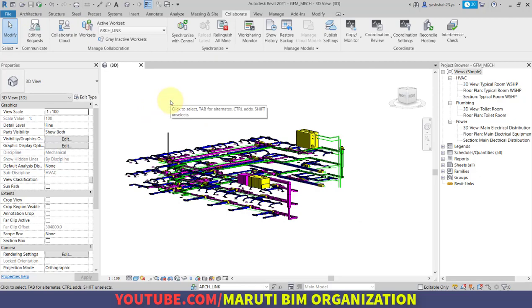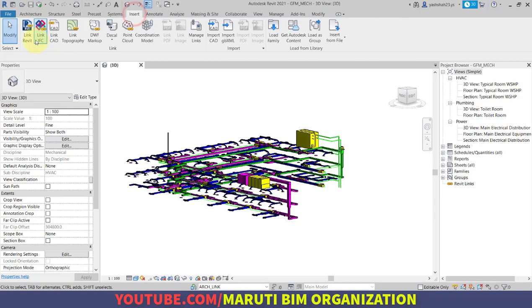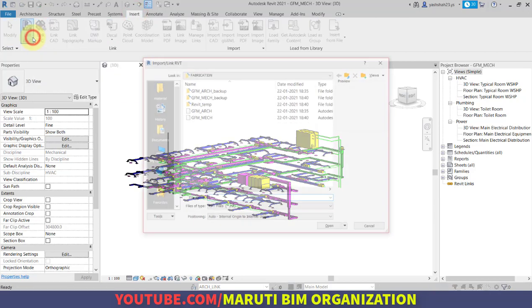So we have created and set up the worksets. Now we are ready for the fabrication process. So in this video what we have seen is we have opened the architectural model, we have opened the MEP model, and now we have set up the worksets. We will go to Insert and click on Revit Link.